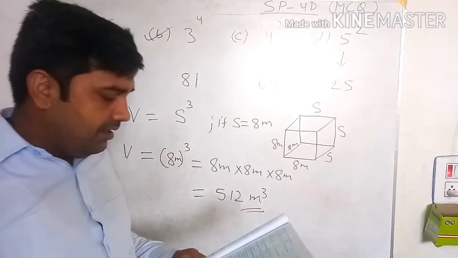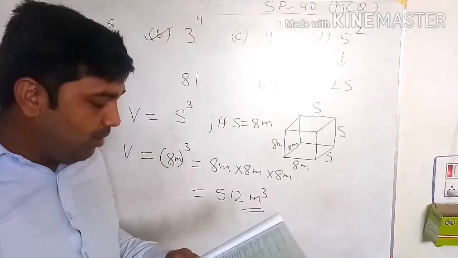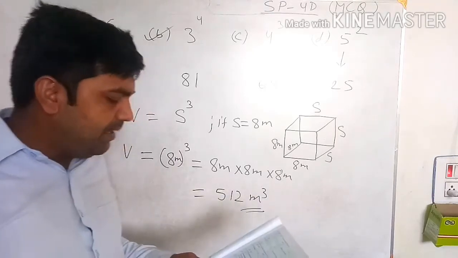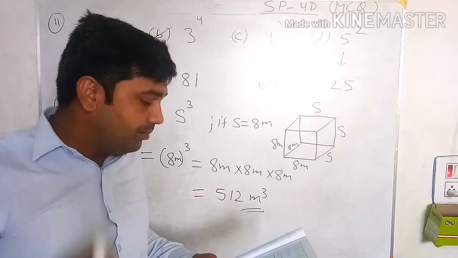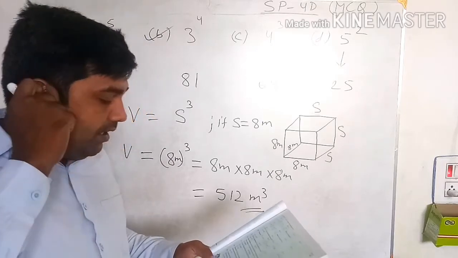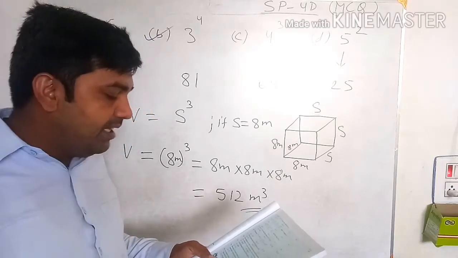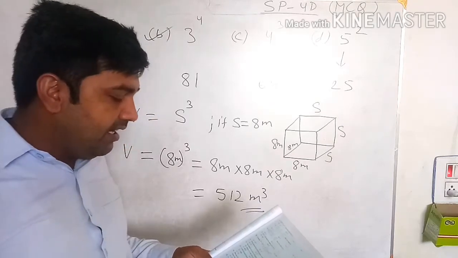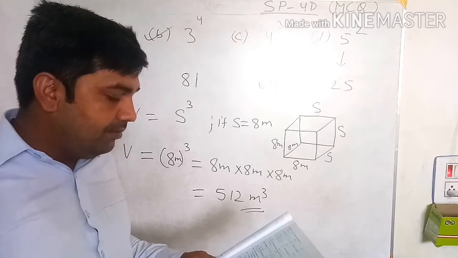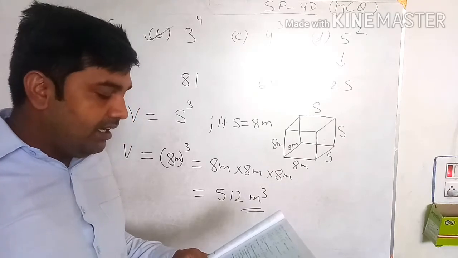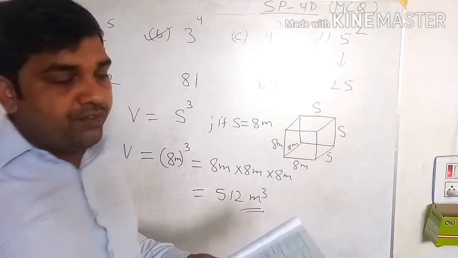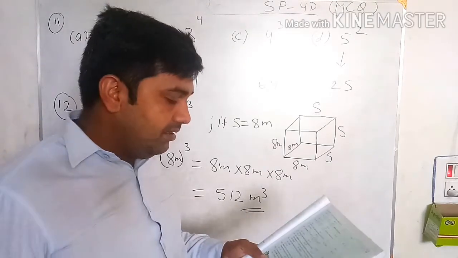Question 13, I am leaving for you as homework. Let me explain this question number 13 and you will do it at home. A ruby-throated hummingbird breathes 2 into 5 to the power 3 times per minute while at rest. So a bird is there, the ruby-throated bird. Ruby is a color, and the hummingbird's throat color is ruby, and it breathes 2 into 5 to the power 3 times per minute.